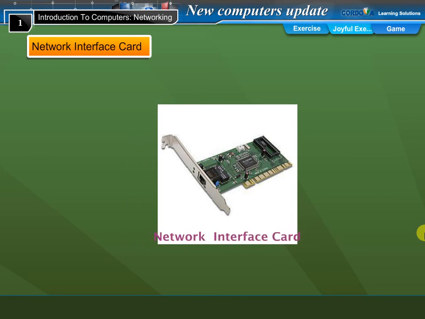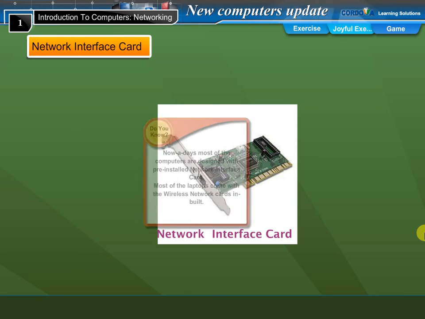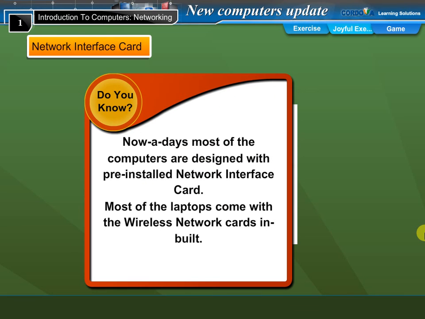Network interface card. A network interface card, NIC, is a device that joins a cable to a computer. Most network interface cards are installed inside a computer. The edge of the card can be seen at the back of the computer. A NIC has a port where the network cable plugs in. Do you know? Nowadays, most computers are designed with a pre-installed network interface card. Most laptops come with wireless network cards inbuilt. Types of